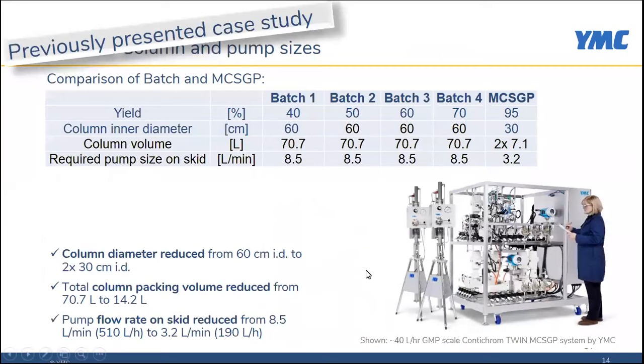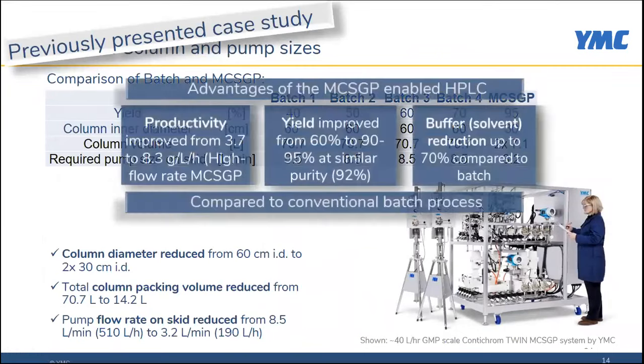In a case study, we could show the advancement of the MCSGP process for oligonucleotide purification, and here clearly the productivity was improved by more than twice the initial batch operation. The yield of the process increased from 60 to over 90%, and buffer could be reduced by 70%,